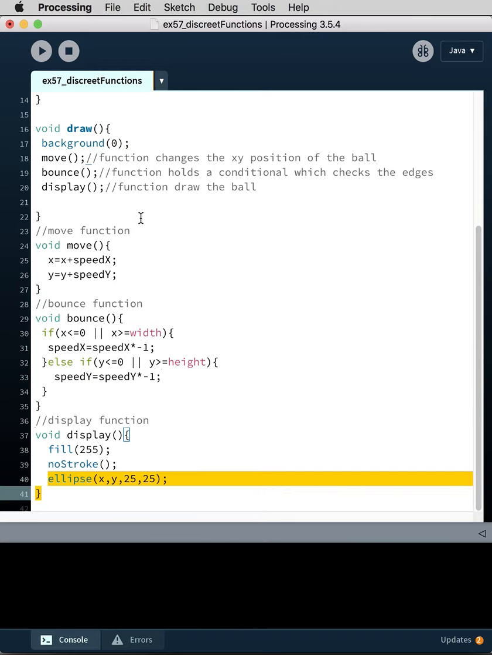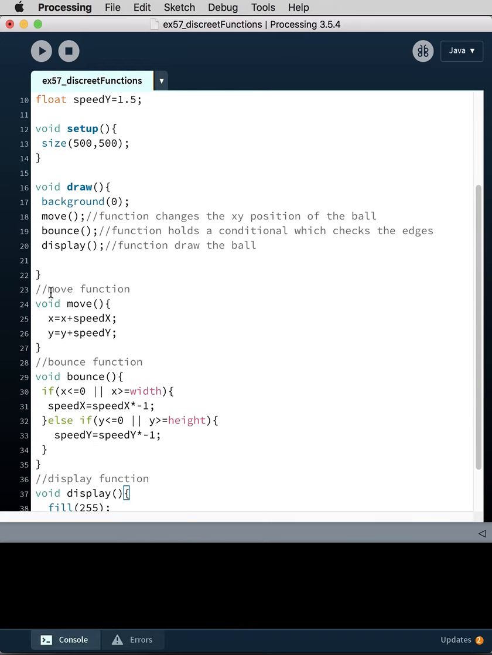And so the sequence matters. It's still going from top to bottom, so it's moving it first, then it's checking the conditional, and then it's drawing it. So keep that in mind, that a common mistake is to put one thing before the other, and that can mess up how the code actually runs. So if we run it,